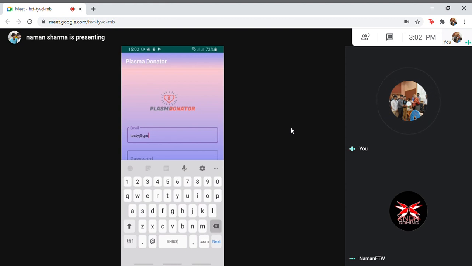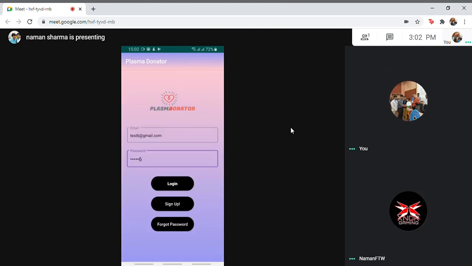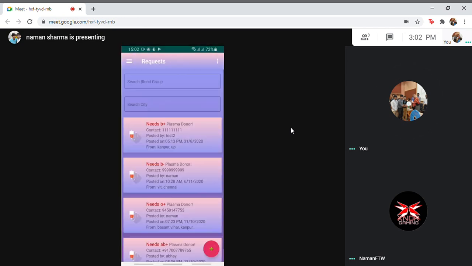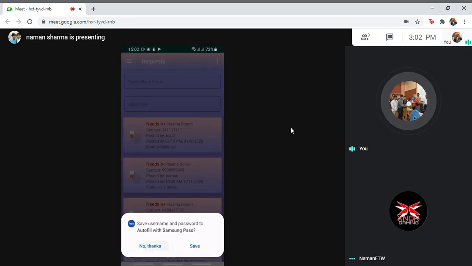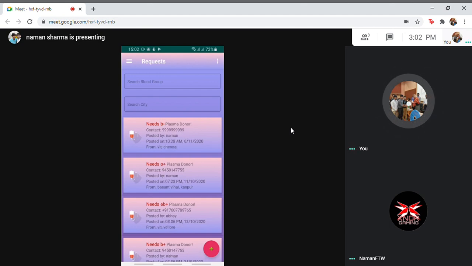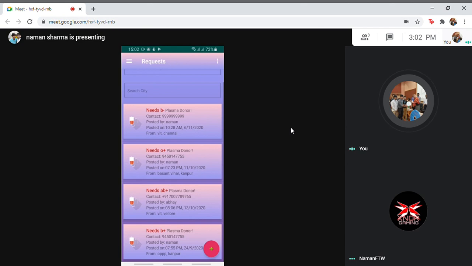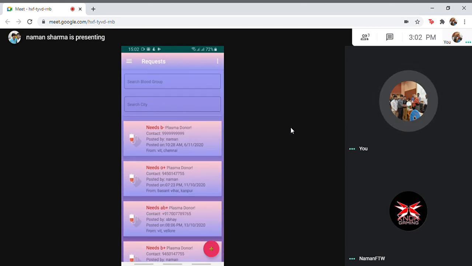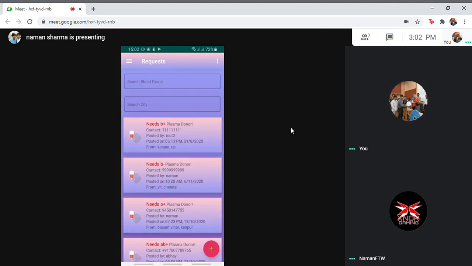Now we will log into the application. Once we log in, the first screen that we see is the available request page, where you are shown the available requests by different users, their location, their name, and the type of blood that they need.